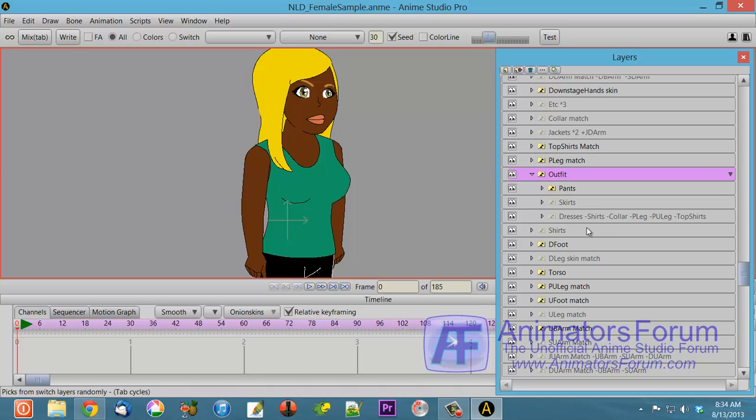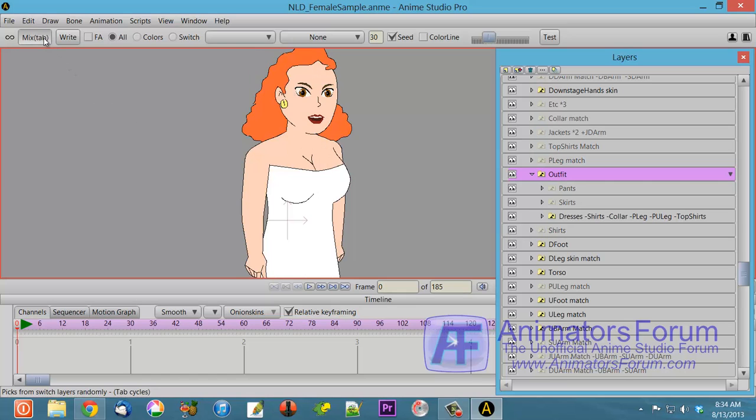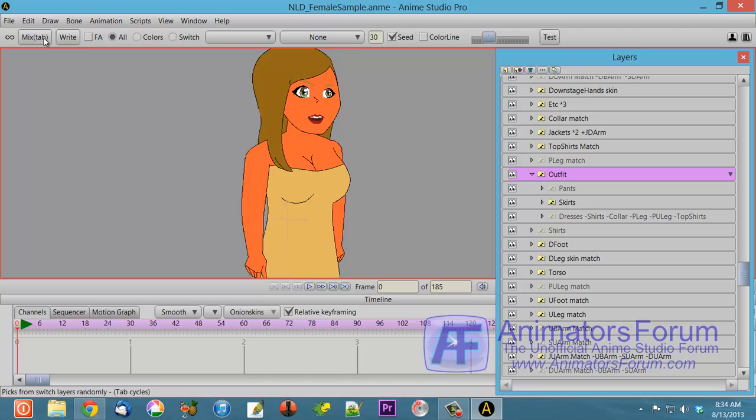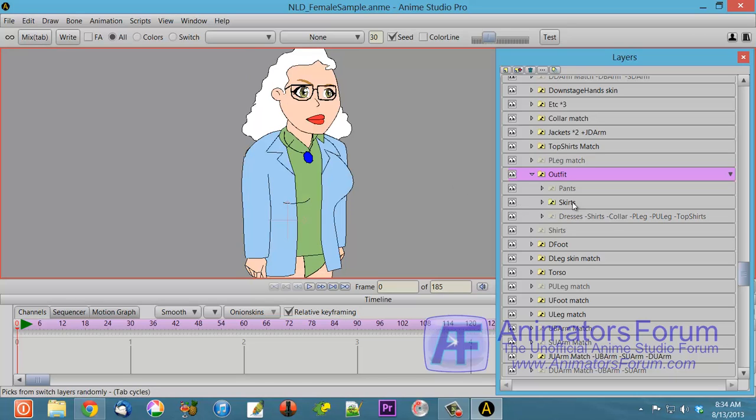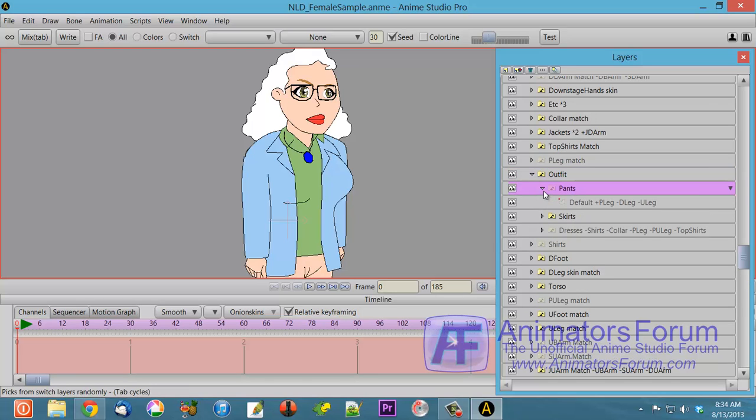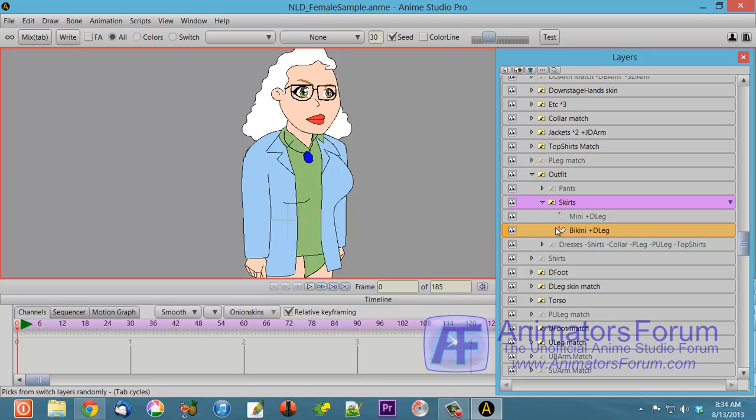So it's going to choose either pants, skirts, or dresses. As we go through this, you'll see as it chooses, there's dresses, there's pants, there's dresses, skirts. But within those layers, these are switch layers, it also chooses a switch. So in pants, for example, I only have one switch because I didn't give you all the stuff that's in my file, but you can have more than one pants in here. I think in skirts I have more than one skirt. So in skirts, it's going to choose one of the layers inside of this. So in this particular case, it chooses the bikini,